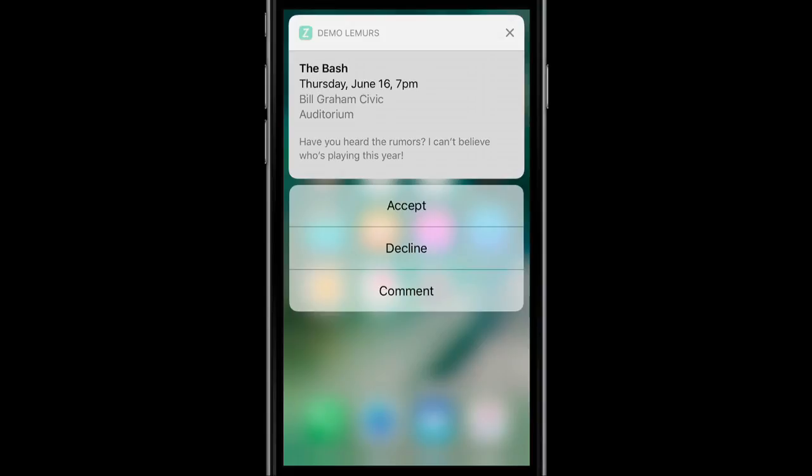See, we could make it better. The reason this happens is that the system needs to know the size of your final notification when it starts to display it, so it can do the right animation. But your extension is not yet running when the system starts presenting the notification. So you need to tell the system in advance, before any of your code runs, what size you want to